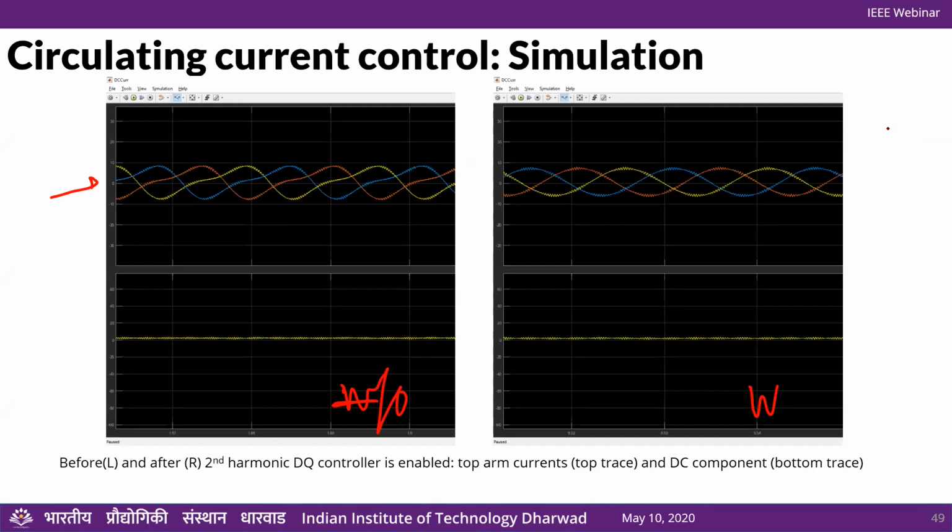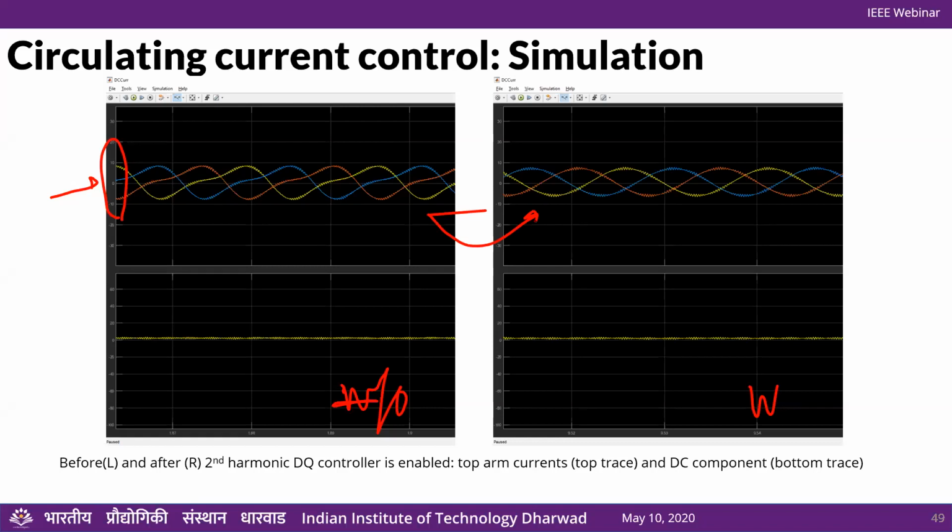You can see that there's a significant amount of second harmonic flowing in all three. Okay, and just after I enable my circulating current control,